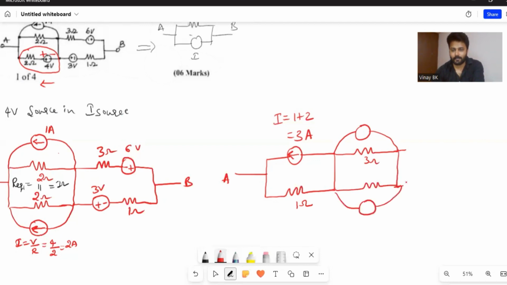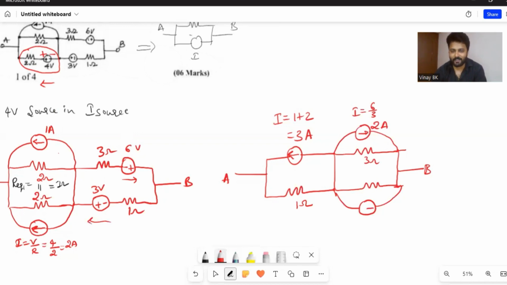Like this, it is connected to B. So you need to know the direction of this current. So 6 volt, minus to plus, that is nothing but A to B. And the value of current I is given by V divided by R, that is nothing but 6 by 3, obviously 2 amperes. Similarly, you can observe one more source, 3 volts, again minus to plus,